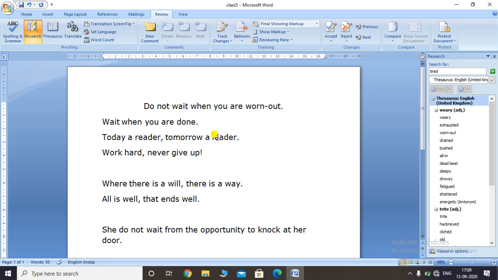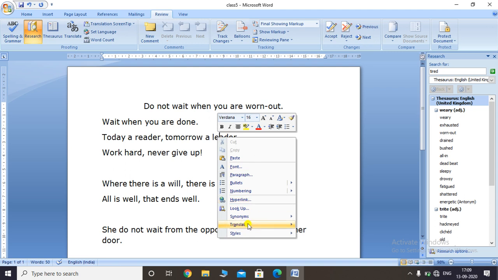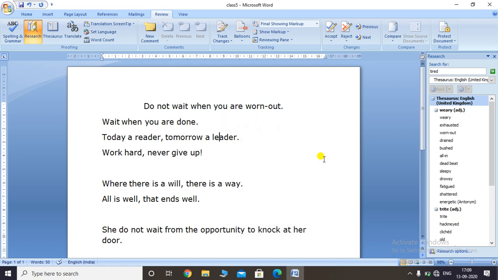So simply you have to right click it and you can see there is a synonym option present in the context menu. So to replace the word with one of its synonyms, select the desired choice from the further list. So you can select any from the list. So in this manner, students, you can provide any synonyms for the selected word. So in this manner, you can do spelling and grammatical review of your document.